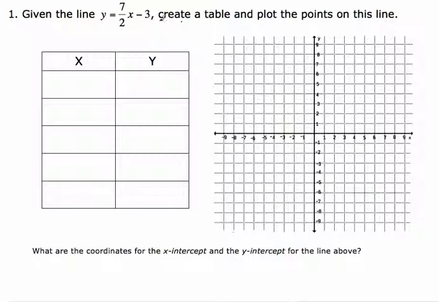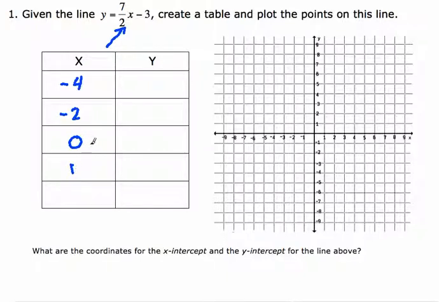And since it says to create a table, that's what we're going to go ahead and do. Now, when you make a table, first you have to choose x values. And we want to think about what x values are going to give us nice numbers. If I choose a number that's divisible by 2, I'm going to get nice numbers out of here. You could pick any x, but if you want nice numbers to come out, it'd probably be a good idea to pick even numbers here. So I'm going to pick -4, -2, 0,